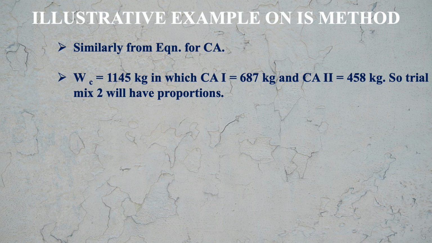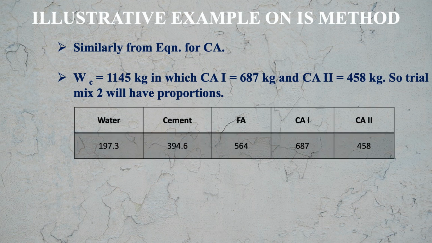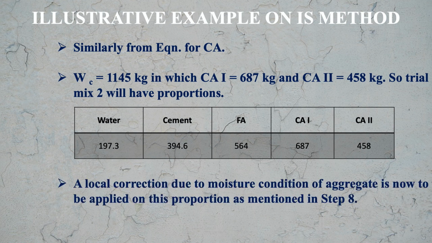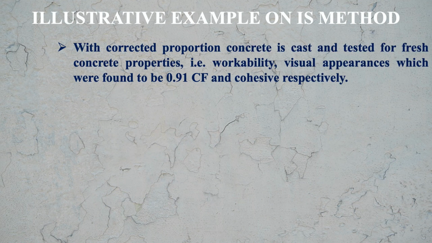So trial mix 2 will have the proportion as water 197.3 kg, cement 394.6 kg, fine aggregate 564 kg, coarse aggregate of type 1 687 kg and coarse aggregate of type 2 458 kg. So these are the proportions for trial mix 2. A local correction due to moisture condition of aggregate is now to be applied on this proportion as mentioned in step 8. With the corrected proportion, concrete is cast and tested for